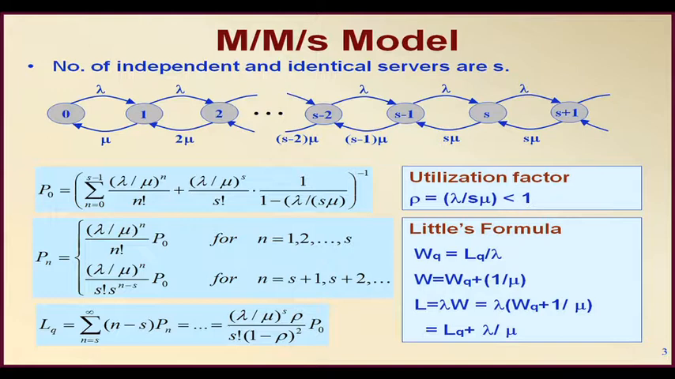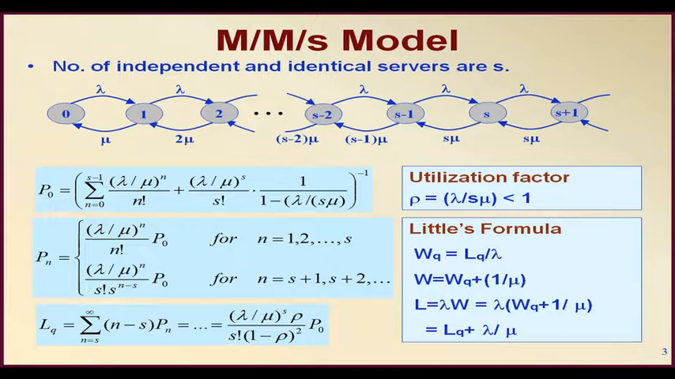One is the value for P0, that formula is given here, that is the very first one, and the formula for LQ. So, once a person knows the probability of 0 persons in the system, that is P0, and also the formula for LQ, that is the expected number in the queue, using these two formulas one can find all the other formulas by using Little's formula: WQ equals LQ by lambda, W equals WQ plus 1 by mu,